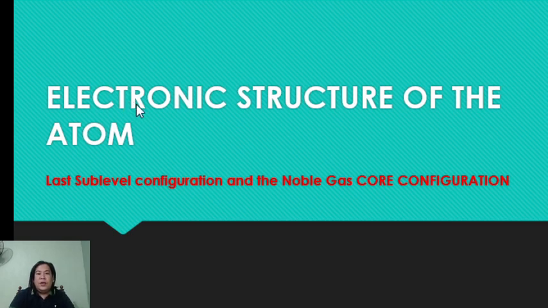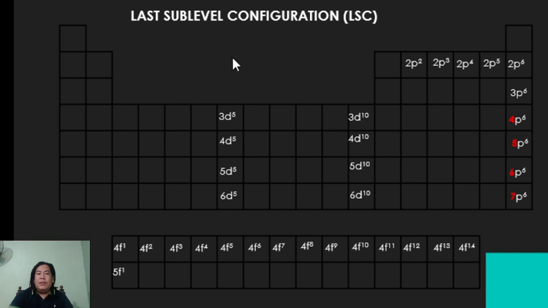Okay, let us continue our topic in electronic structure of the atom. This time we will be discussing the last sublevel configuration and the noble gas core configuration. Okay, so the last sublevel configuration, pag sinabi natin last sublevel configuration, yun yung pinakadulong electronic configuration of